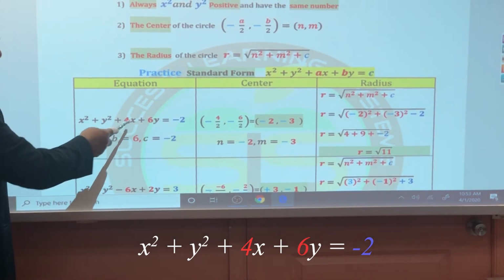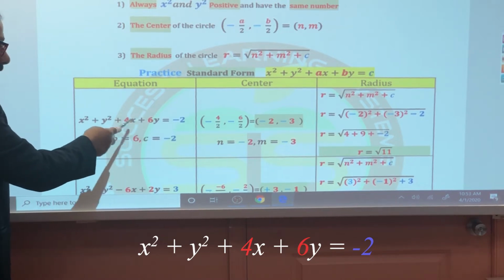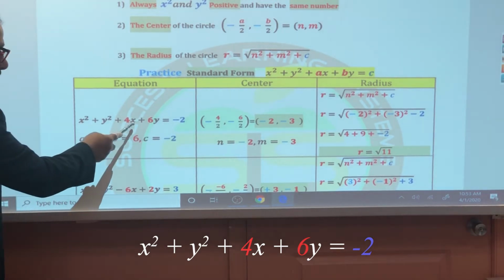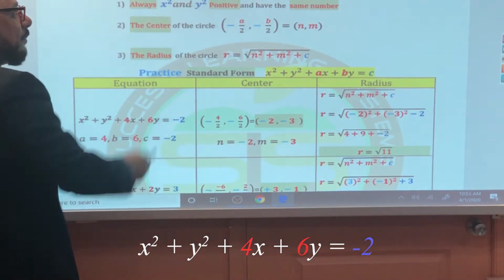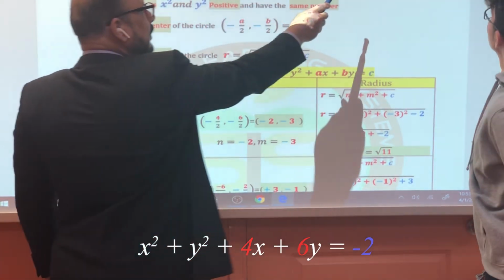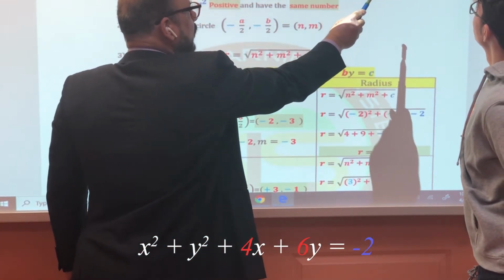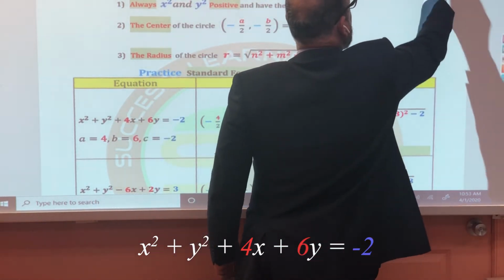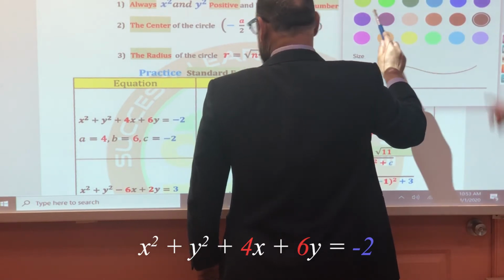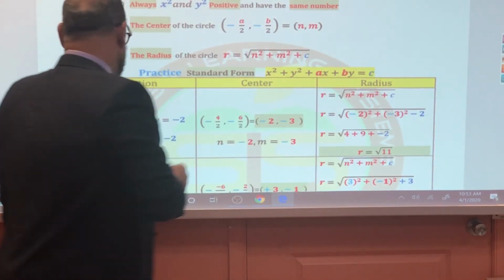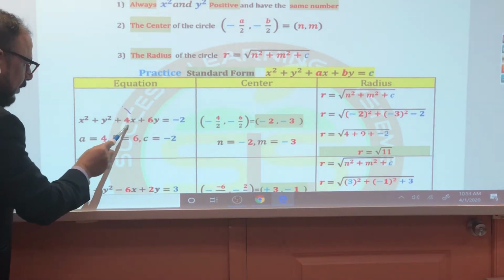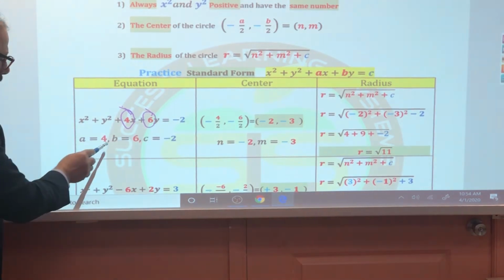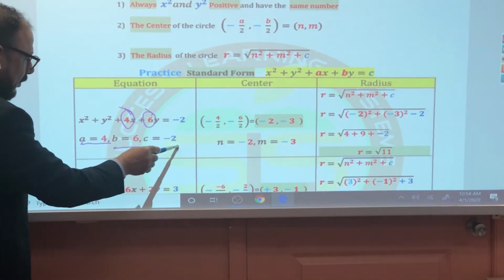Plus 4x plus 6y. You see these two numbers in red? Yeah. In red, right? Why? Because I need them. Then quickly, this number, click on the pen. The pen. This one, the green one. No, this is the highlighter. This guy, okay? Which color do you like, Safe? Blue? Okay, Safe likes blue. And then this number and this number. Okay, this number and this number and this number.